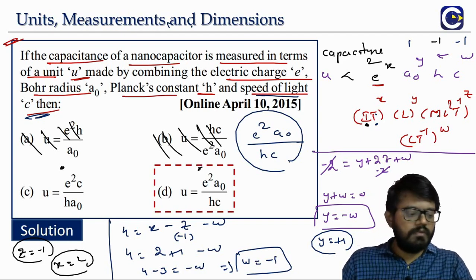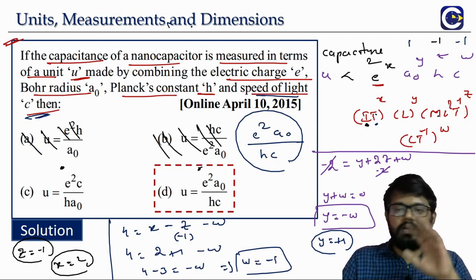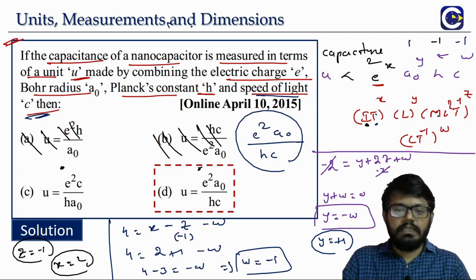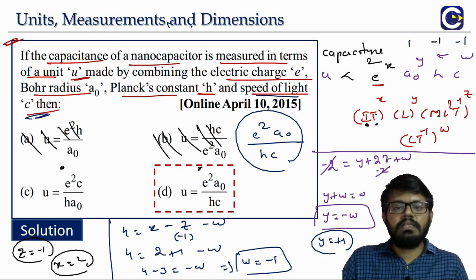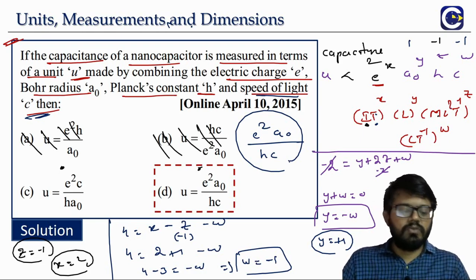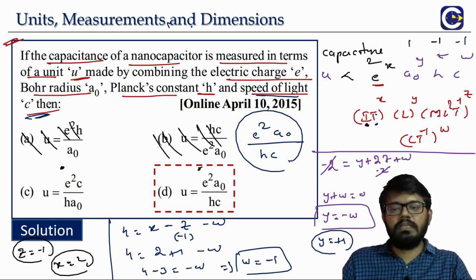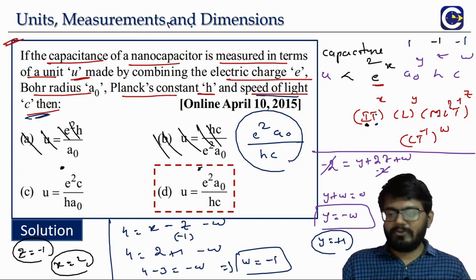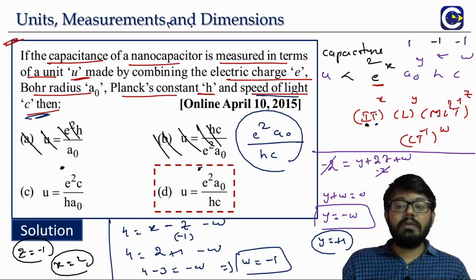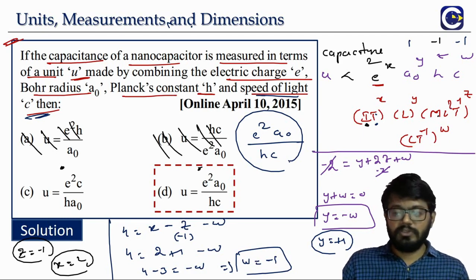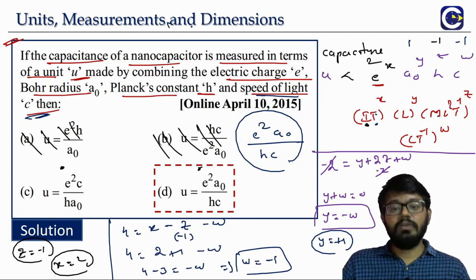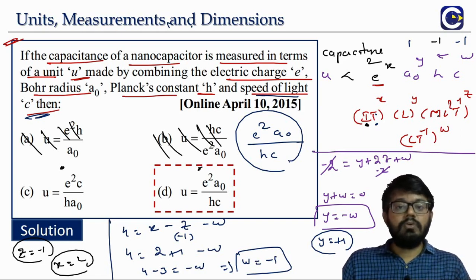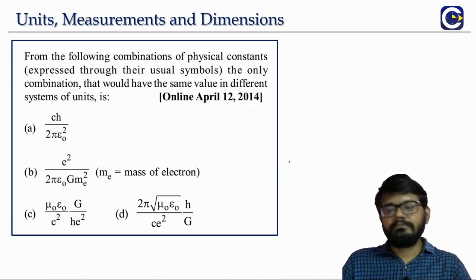See, we have seen, always it is the same approach. We will have to express the relation, then compare the powers, and then using the solution of equations, we will be able to find the value of the unknowns. And all these questions, I think I would have told you, we can even solve by using the substitution approach. Sometimes, even by doing the substitution approach, we might be able to get the answer in a quicker time.